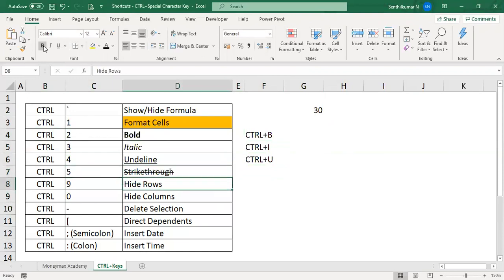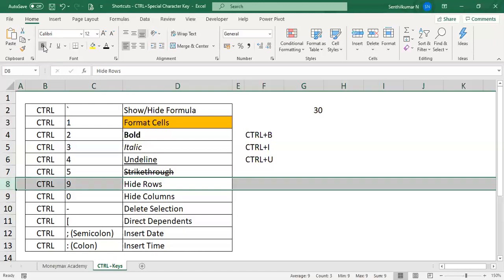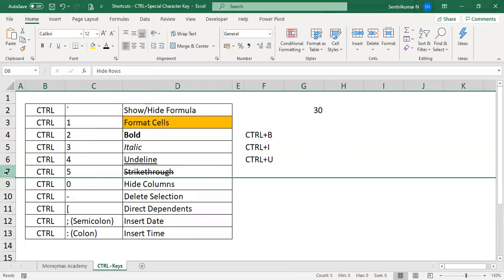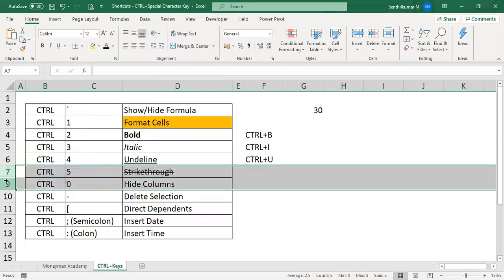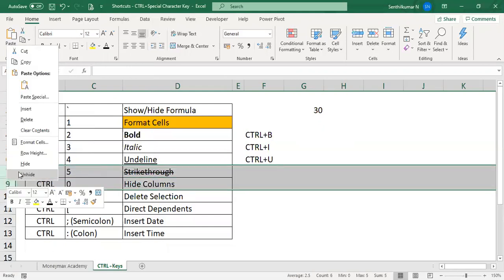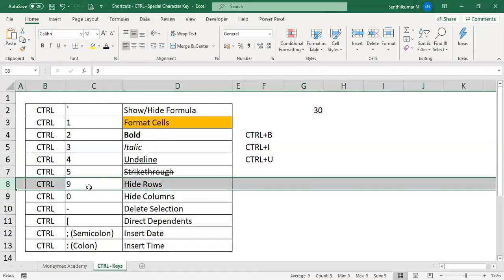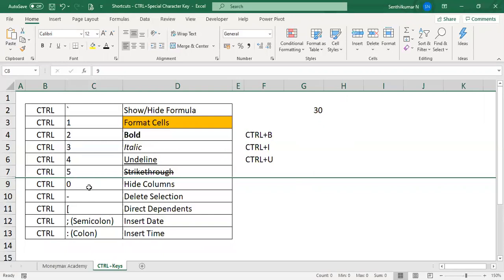Now, if you want to hide a row, suppose you select the row, you can right-click the data. I'm giving two options. You can hide the data, and if you want to unhide, you can select the data and unhide it. Or else you select the row and press Control 9.